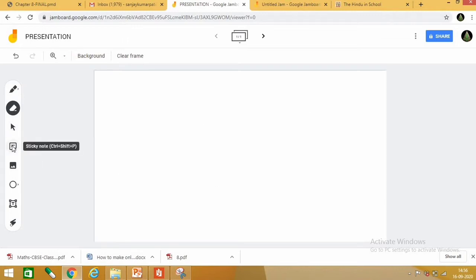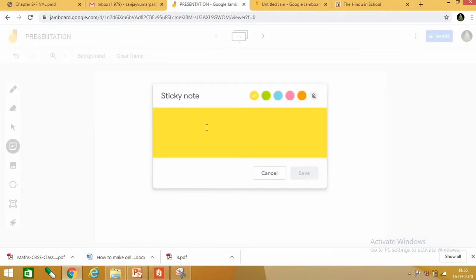Next is the sticky note. On clicking the sticky note, you get this. So sticky note, suppose I want to identify the image, you can write on a sticky note. Then from here you can take the background, yellow, green, blue, pink, orange, or no color if it is white. So anything you can select from here, save.